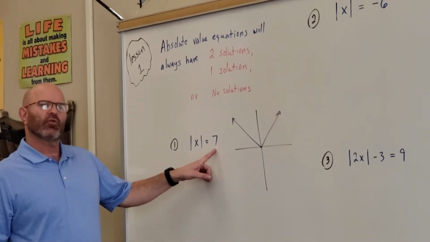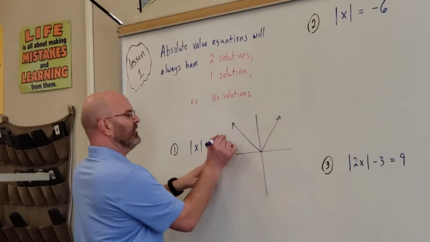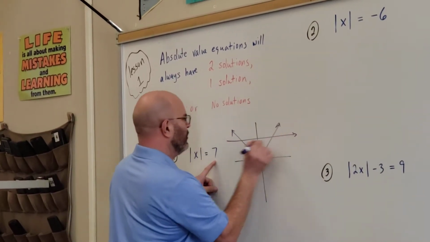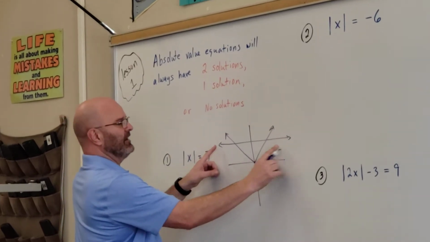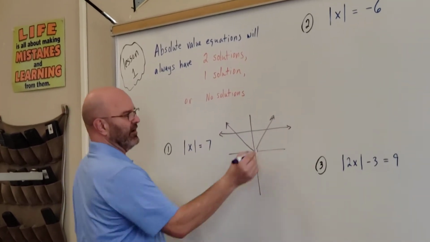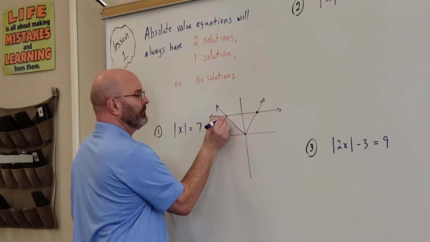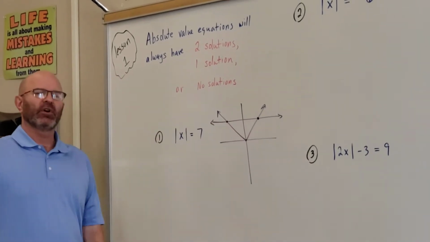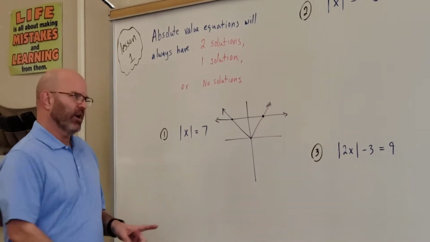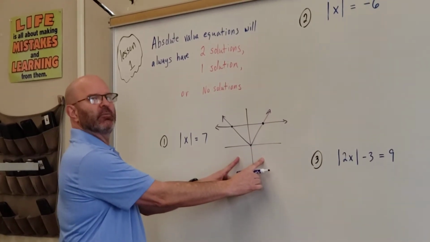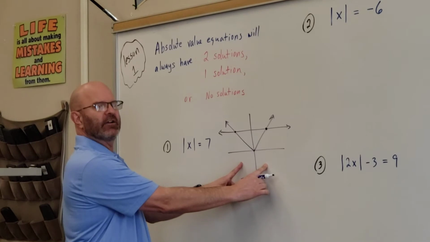So if I graph a horizontal line at height 7, we have a flat or horizontal line, and can you see that this line intersects the absolute value of x in 2 different spots? So this is a perfect example of when an absolute value equation should have 2 solutions. You do not have to complete this graph every time, but I want you to understand what we're actually doing